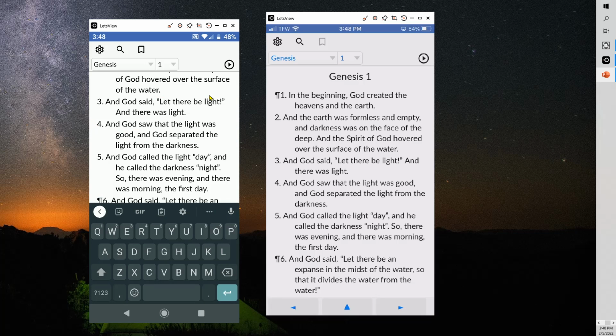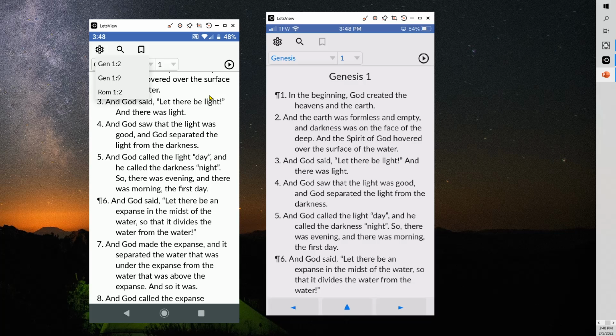I'm just going to tap X, and from the top, when we tap the bookmark icons, you see that Genesis 1:6 is no longer in the list. So that's how you can delete a single bookmark. But if you have a lot of bookmarks and you either want to delete quite a few of them or in fact delete all of them,